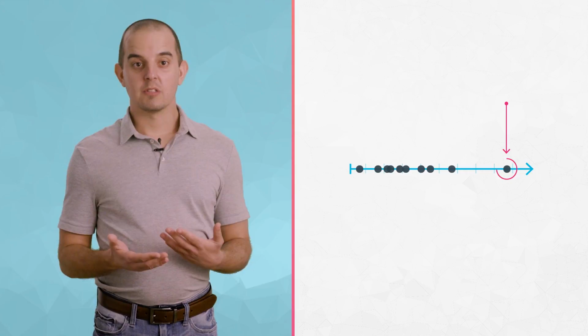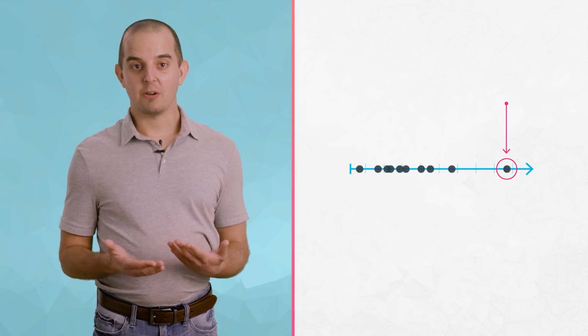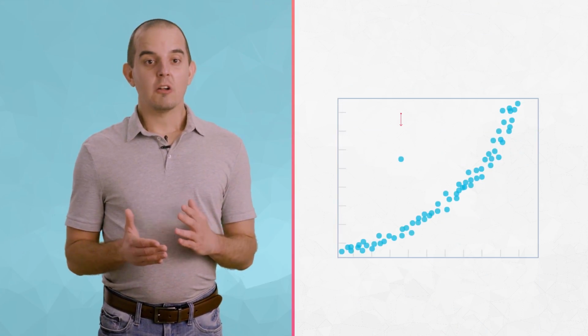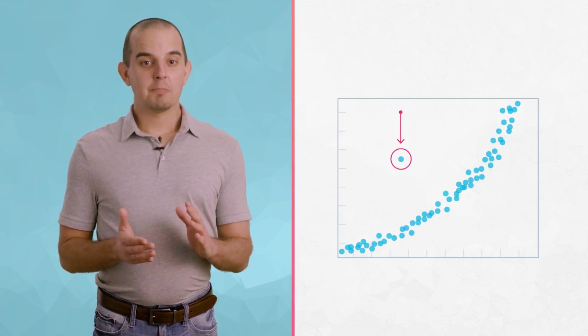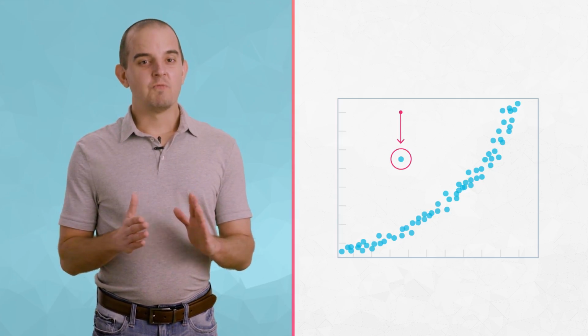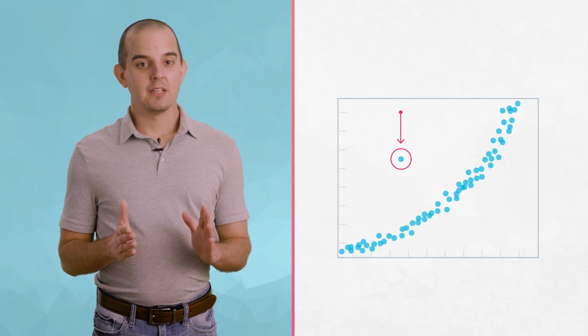When working in 1 or 2 dimensions, you can use data visualizations to spot outliers. In the case of one-dimensional data, you can plot the data along a number line. A data point that falls far to the left or far to the right of most of the data could be considered an outlier. You can also spot outliers using 2-dimensional plots. In this plot, it's clear that one point is far away from the other data points.